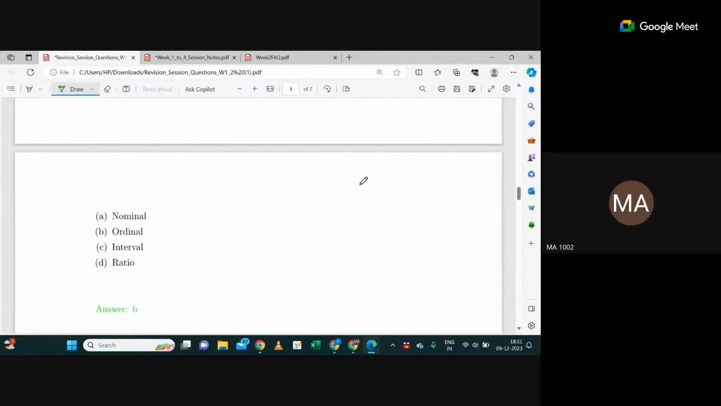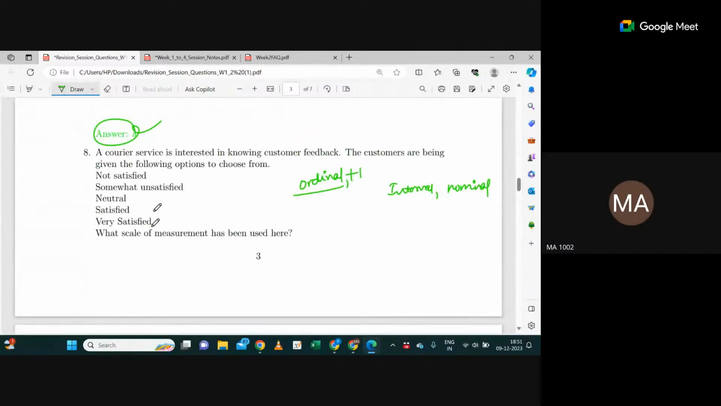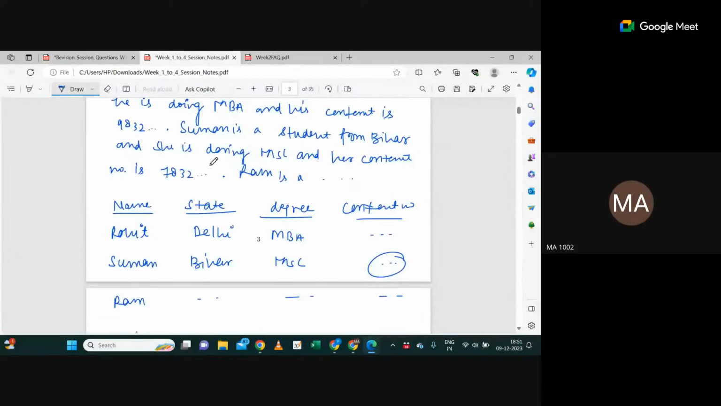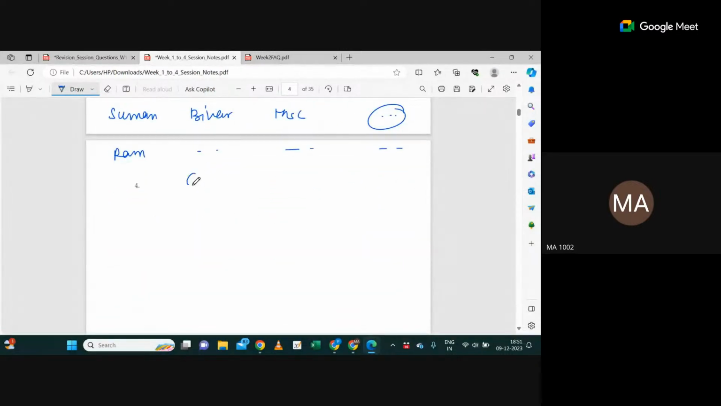So basically, ordinal is the correct option here. Why? First of all, I can't use interval or ratio here, because this data is nothing but categorical data, right? There are two kinds of data: categorical and numerical data. So if I have categorical data,